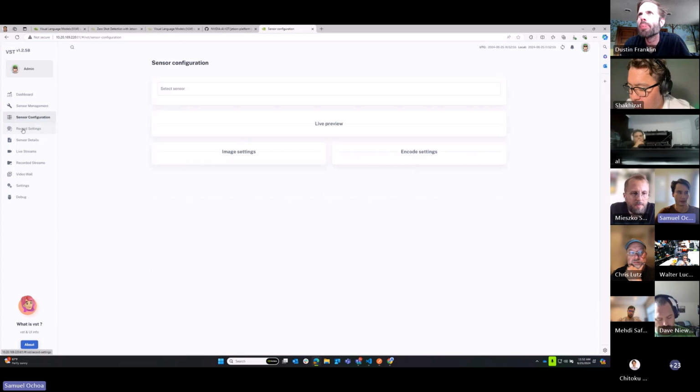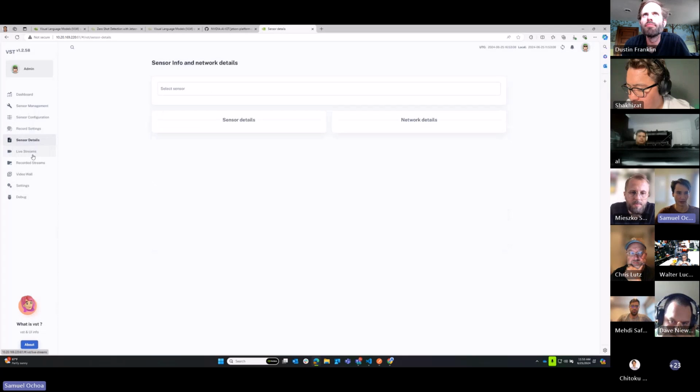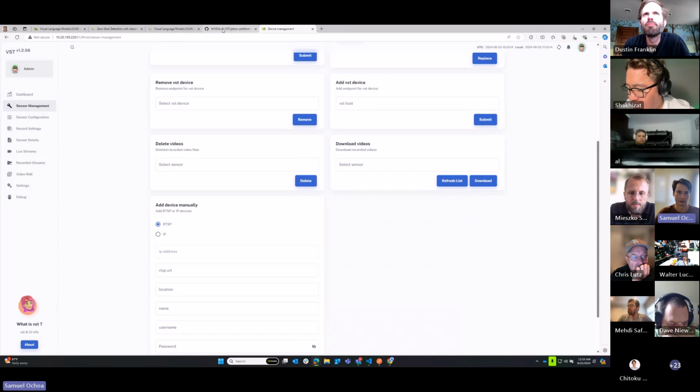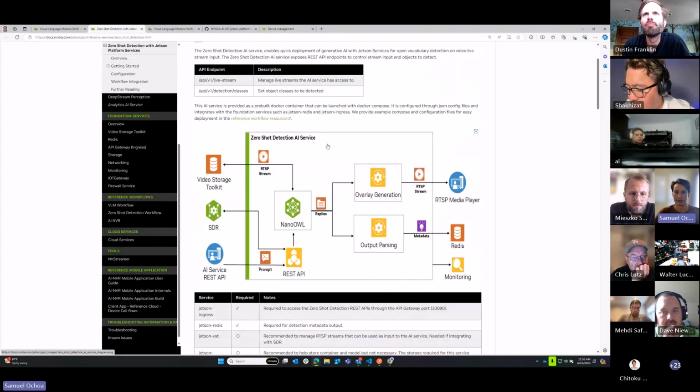You can set up different recording settings to save and record all the footage, and there are APIs that let you access certain video clips from the past that you can integrate into your applications. So we can add these video cameras or RTSP streams into the video storage toolkit. And then those can go into our